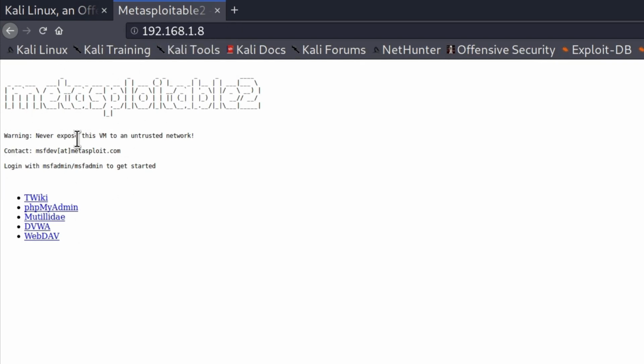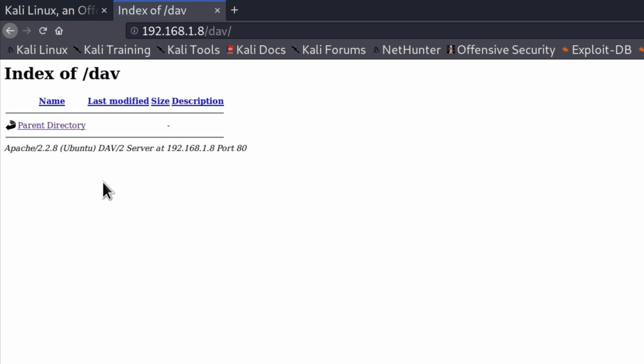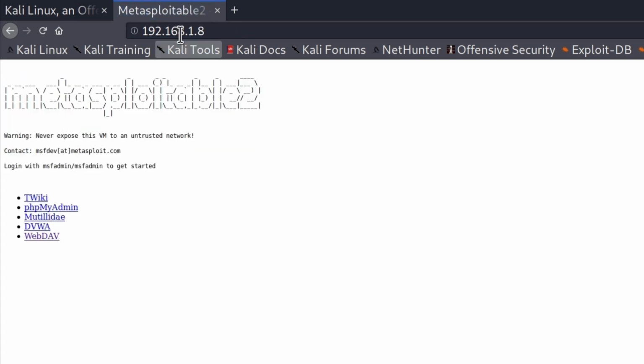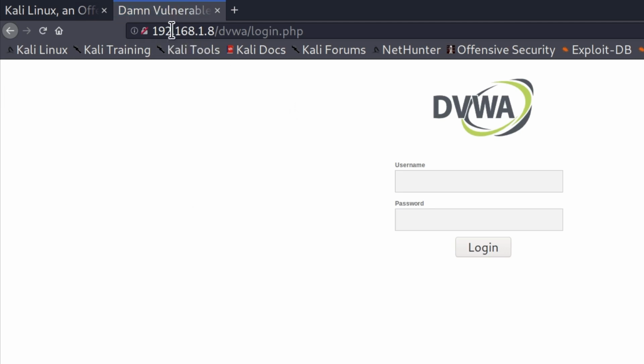It tells us the warning, the contact, and the login to get started. But down here we get a couple of links. If we go to any one of them, it will lead us to a different directory of this web page. Currently, we're in the /dev directory. If I go to the parent directory, it will go back to the 192.168.1.8, which is the main or the parent directory. If I go and visit dvwa, it will lead me to this directory right here, which is